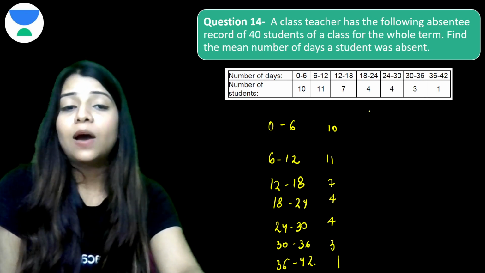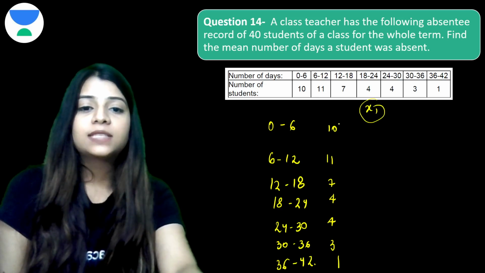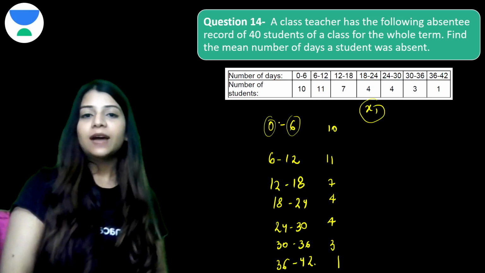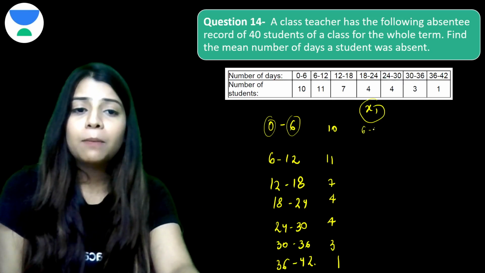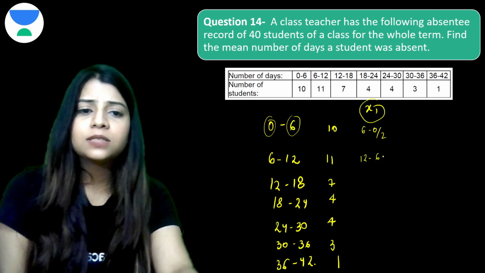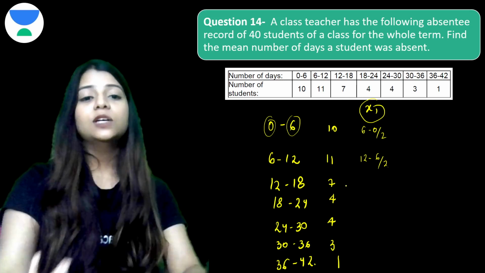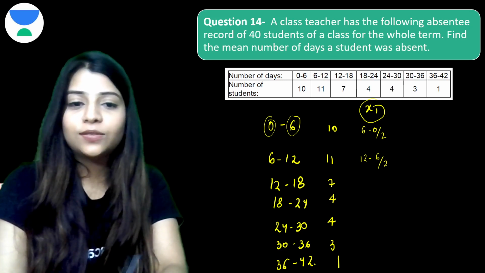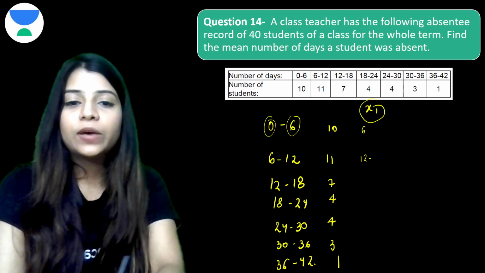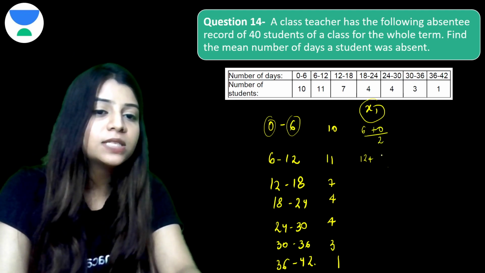How to calculate now your class marks, that is your xi. You know that xi is your upper limit plus lower limit divided by 2. Earlier I said minus: 6 minus 0 by 2 gives you 3, and 12 minus 6 by 2, but sorry, not minus, here it's plus. So here we can go as 0 plus 6 upon 2, 12 plus 6 upon 2,